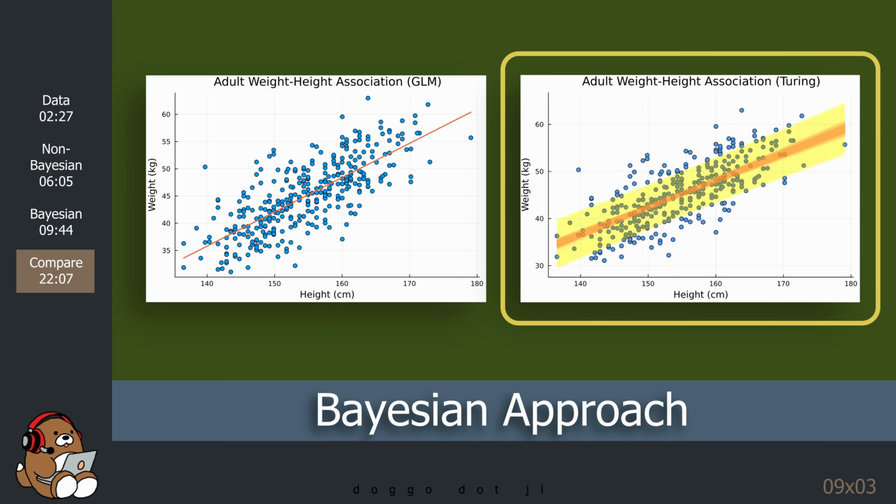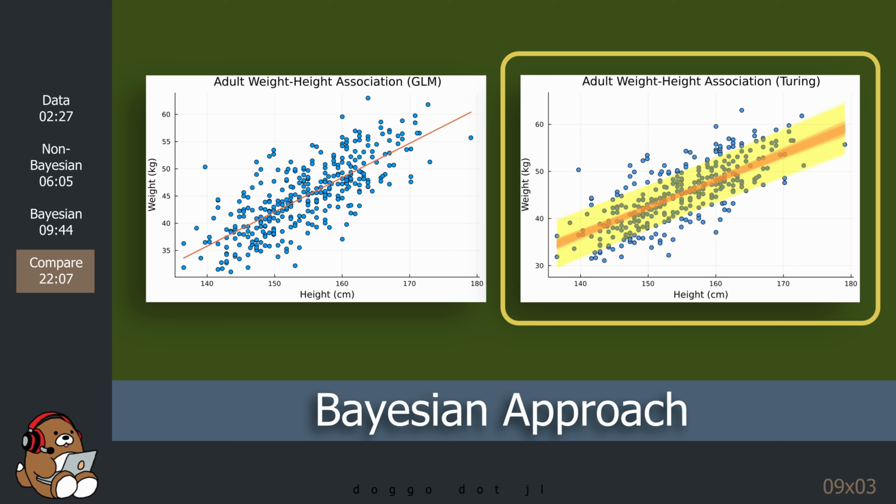With the Bayesian approach, there's a whole collection of linear regression lines for the dataset. So for any given value of x, there's a whole range of potential values for y. Compared to the non-Bayesian approach, the Bayesian approach is admittedly more difficult to understand and more difficult to explain. But the Bayesian approach is a more humble way to view a world full of uncertainty, while still allowing you to provide some guidance as to where you believe the true values may lie.